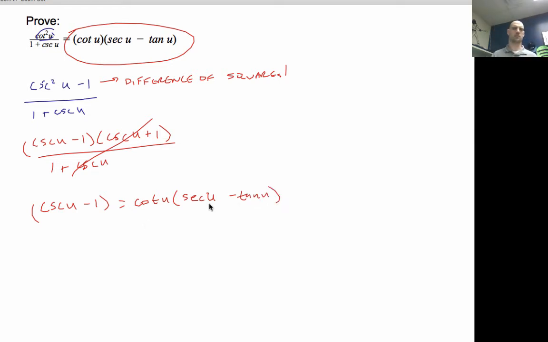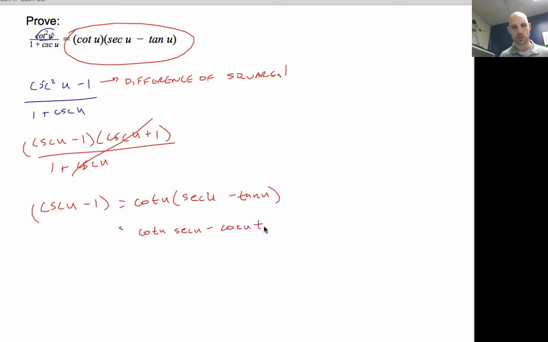And this is somewhat reasonable because, look, I've got a subtraction problem over here now, and over here I have a subtraction problem in here. So they sort of are starting to look more alike. When I had a fraction equal to a distributive property problem looking thing, that didn't seem to be close, but this seems kind of close. So I'm actually going to do this. Cotangent u times secant u minus cotangent u